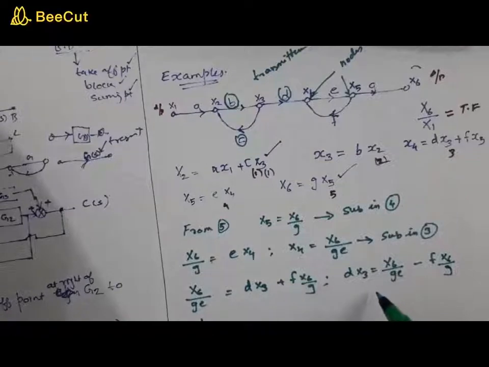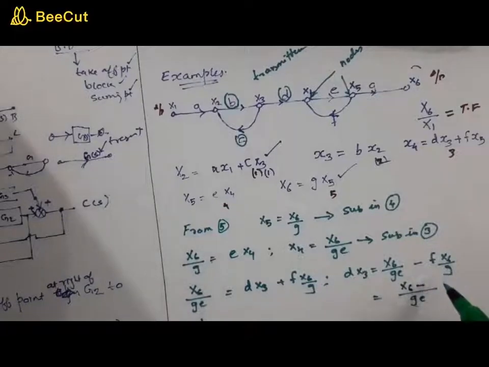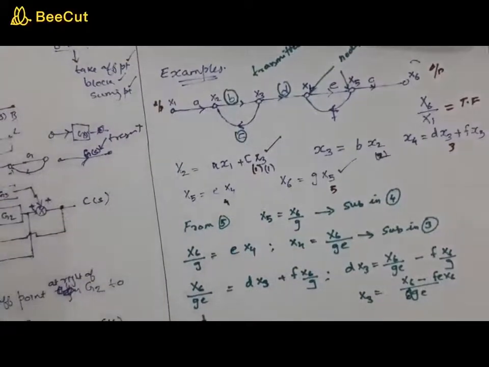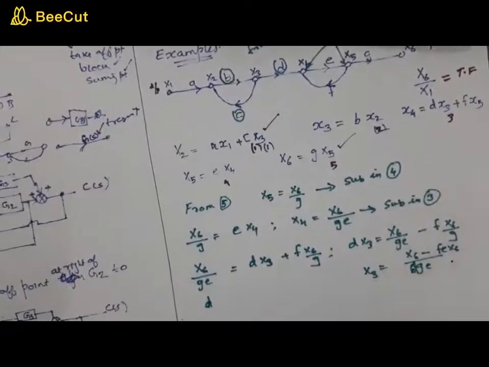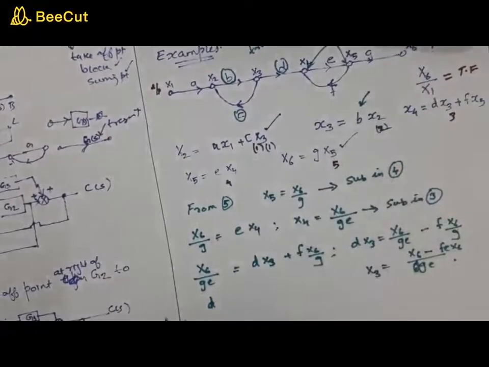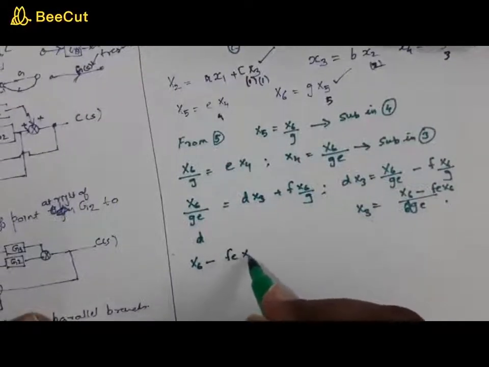Okay, so you can take the LCM here, so you will be getting this as g e = x6 − f e x6, right? So that is your x3 dx3. So from this you will be getting x3 as dge, right? So now substituting this in the second equation, so this will be x6 minus fe into x6 by